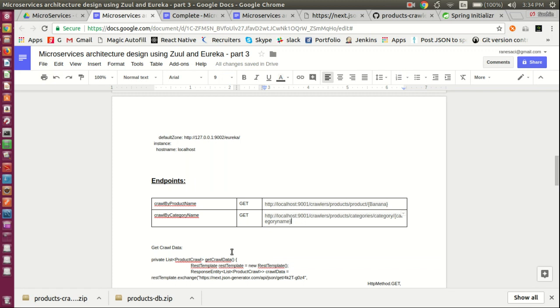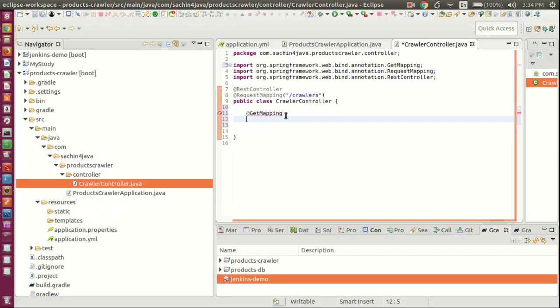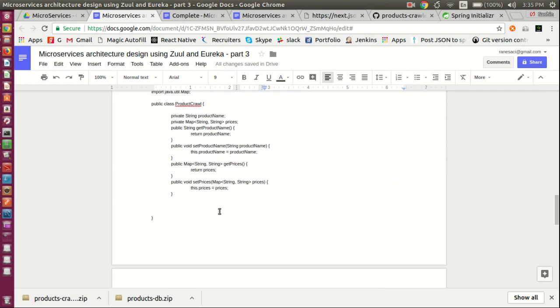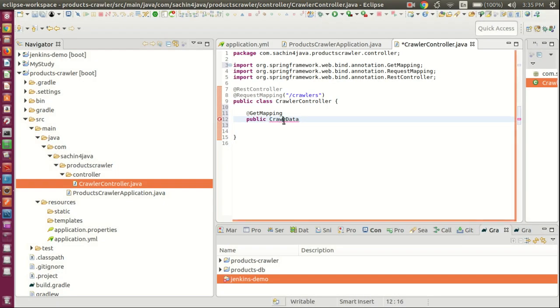So let me create that public crawl data. So I am also having that product crawl POJO here. I am giving that POJO name as product crawl,